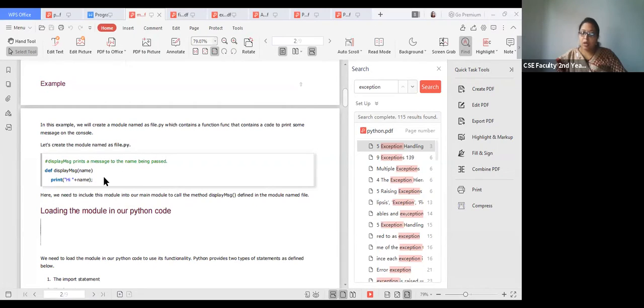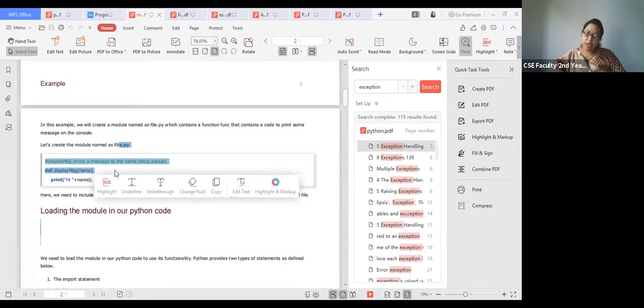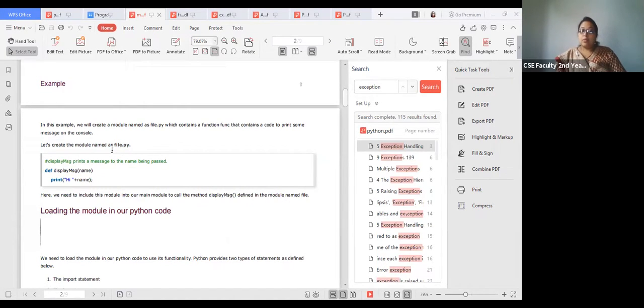When you are saving your function with a file name like file.py, this one file is the module of this program. Through this module, we can access display message.